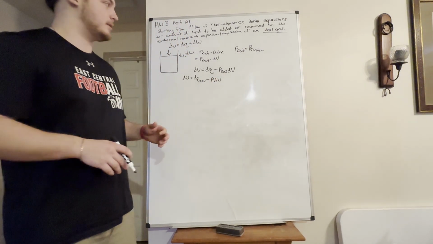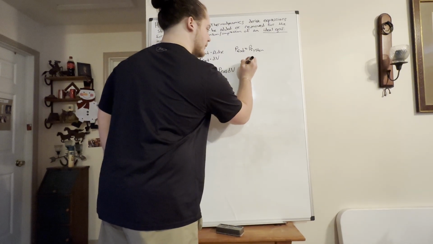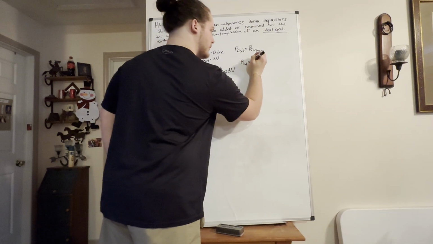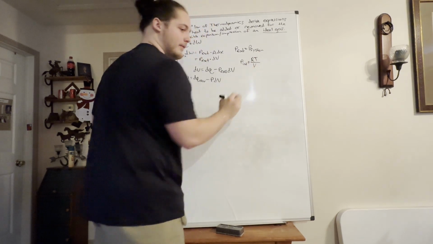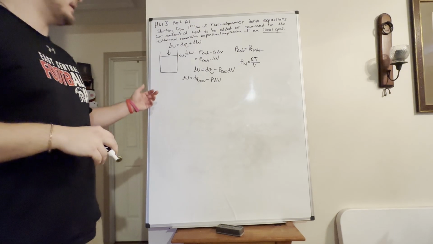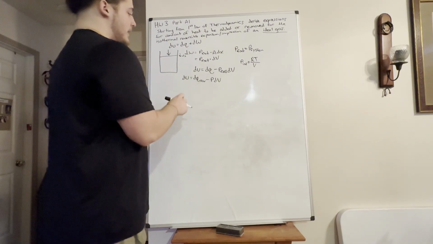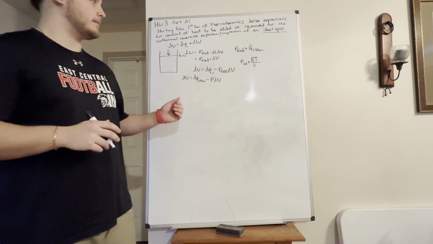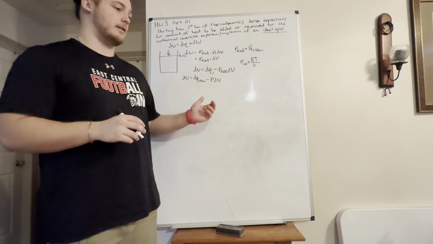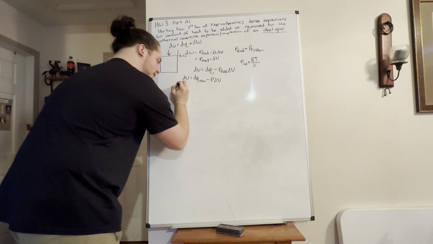Because we know that this is an ideal gas, we can set the pressure equal to RT over V. And we know that dU is a proxy for temperature because it only depends on temperature, and we have a constant volume heat capacity in this scenario. So now we can denote this as CV